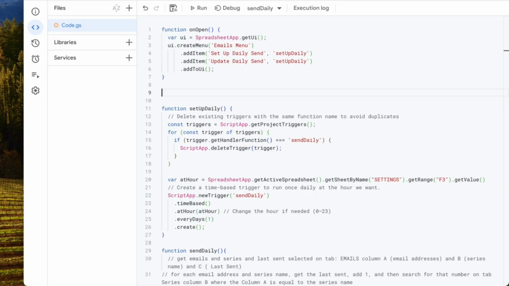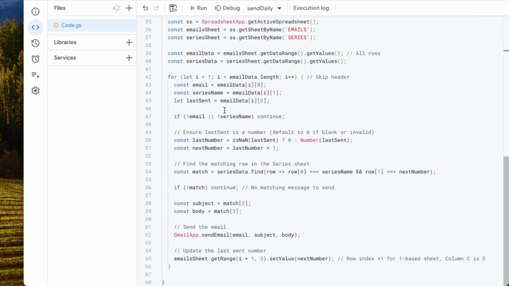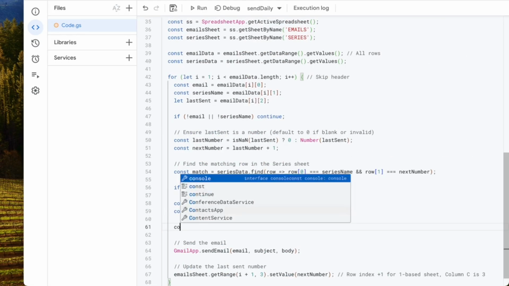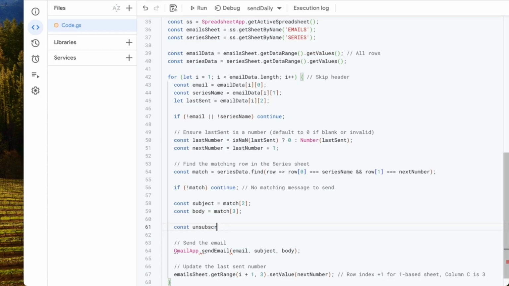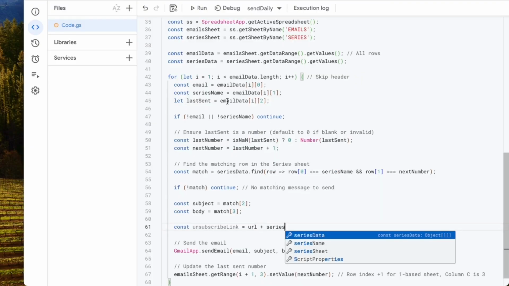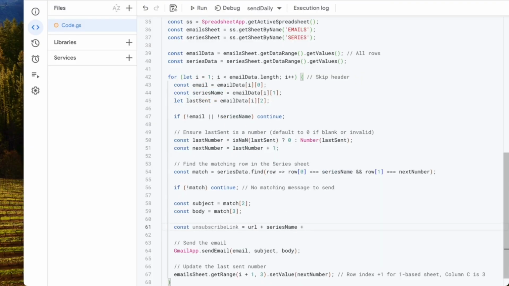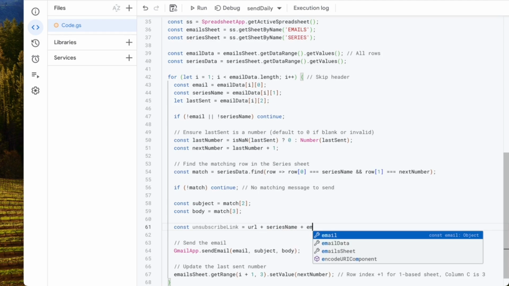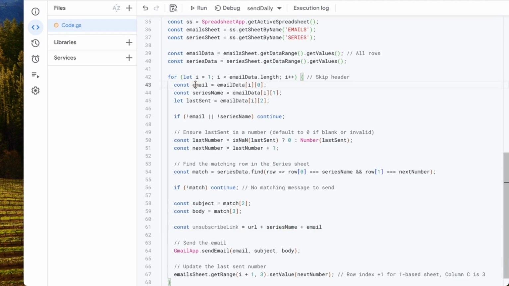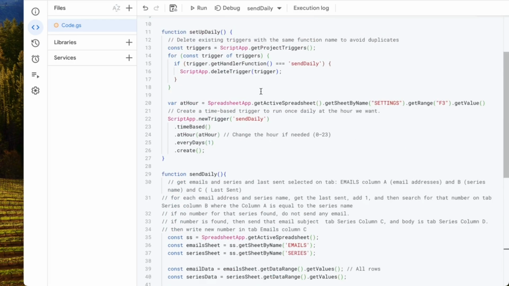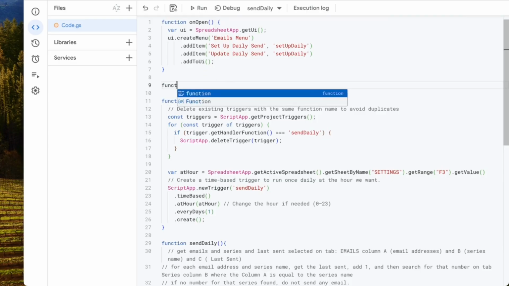So we need to get the name of the series. We need to know, so let's do const subscribe link equals URL plus series, what was the series name, plus we also need email, right? Email. But we're going to need some more data. This is not going to be what we send right away. We are going to create function do